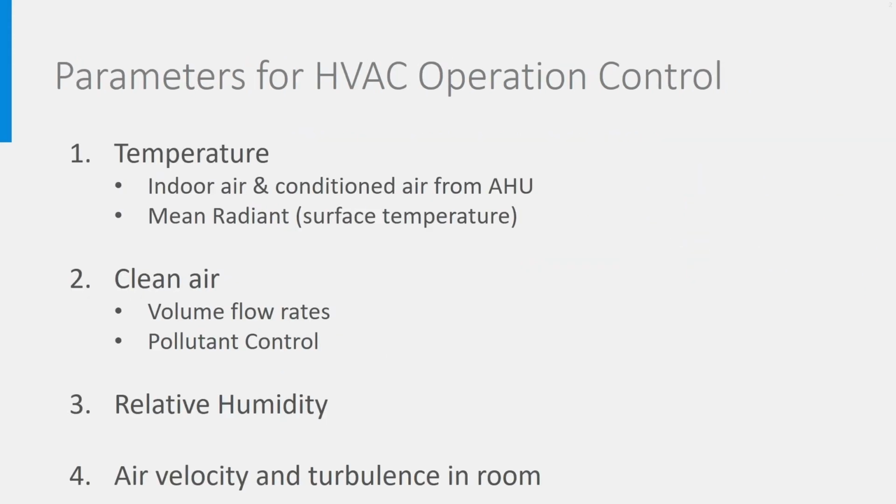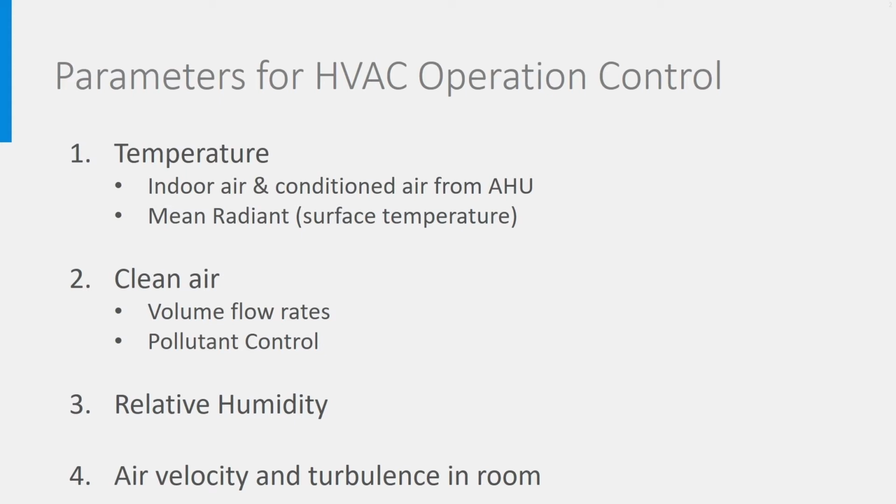Before looking at sensors, controllers and actuators, we need to determine which parameters we want to control in the HVAC system, and this in relation to the parameters we want to control at room level. The primary aim of buildings' energy systems is to ensure continuously a comfortable and healthy indoor climate. As we have seen throughout this course, it is first about temperature, having the right indoor air temperature. When an air handling unit is used, we'll need to control the temperature of the conditioned air being supplied to the room. And we also need to ensure the right surface temperatures, resulting in the right mean radiant temperatures.